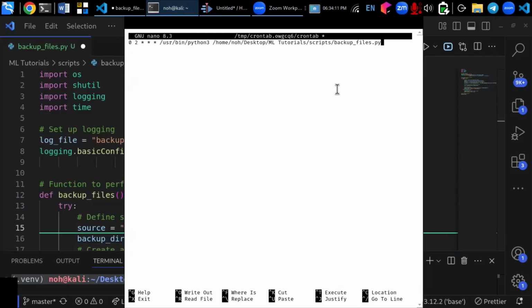Then, once the crontab editor is open, add a new cron job to run your Python script at a specific time. For example, to run your script at 2 a.m. every day, add this line. The syntax here specifies when the cron job will run.